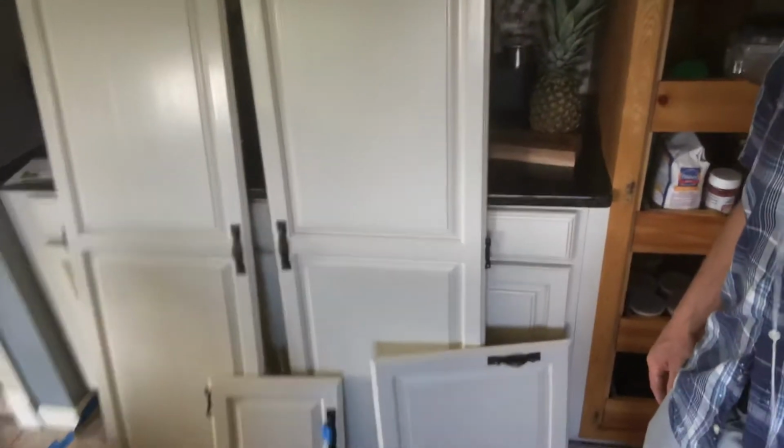All right, hey painters, hey homeowners looking to transform your cabinets from this wood to this painted look. Now check this out. I started using Benjamin Moore, not Advance anymore. This is Aura. So I spray the Aura with a Graco sprayer at home, and now I'm back to this